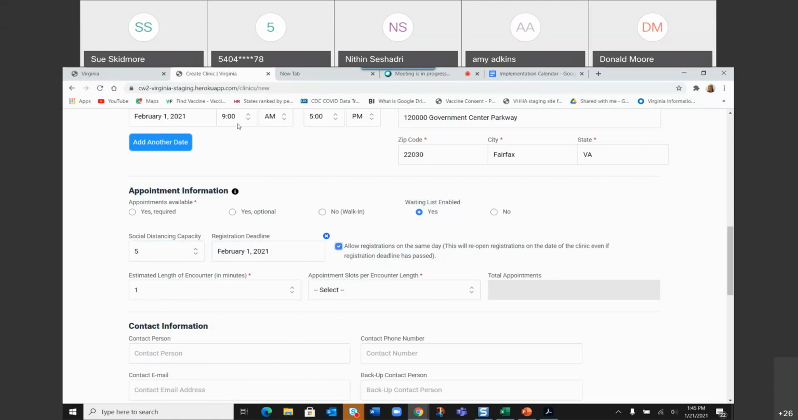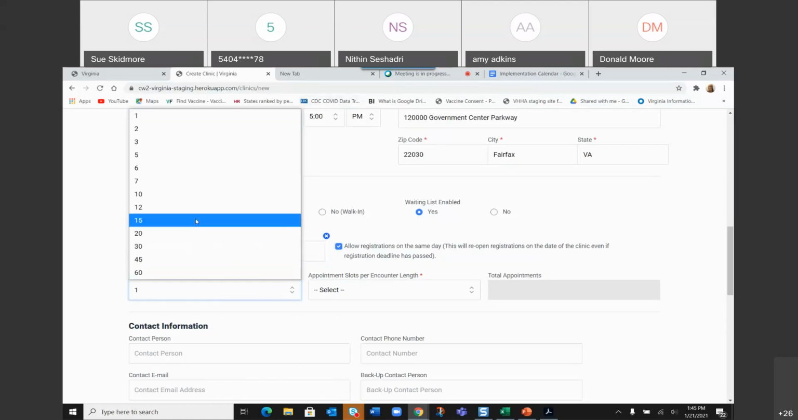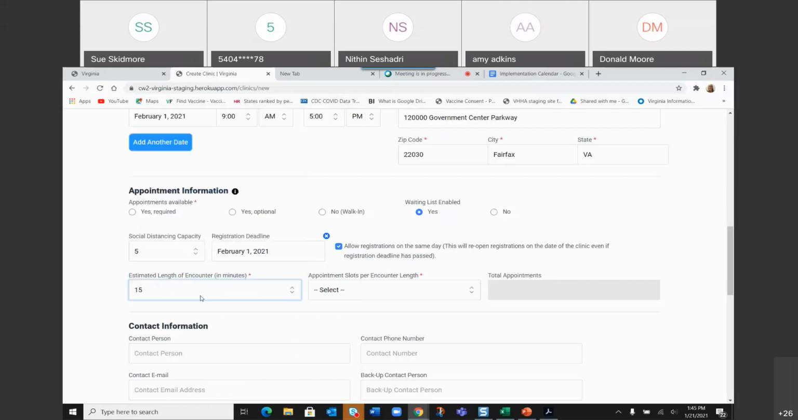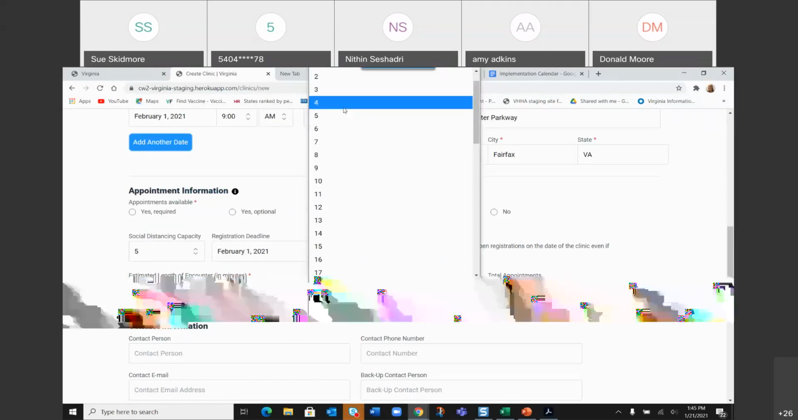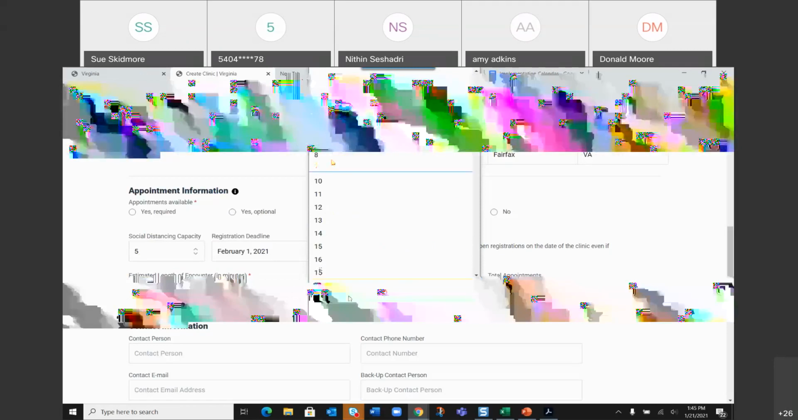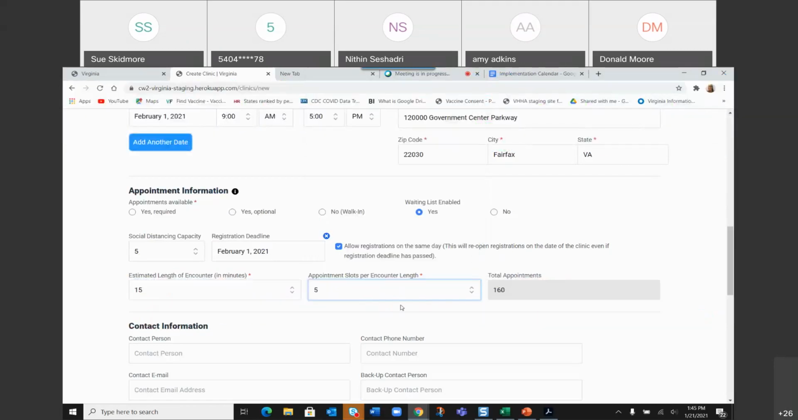Now, if you look, the clinic is an 8-hour clinic. I'm going to say that I can do 15-minute appointments. I can process one client every 15 minutes, and I'm going to have 4 people per hour. Actually, let's do 5. I like 5. 5 is my favorite number. And based on the number of hours and the number of appointments that can be done, we have 160 total